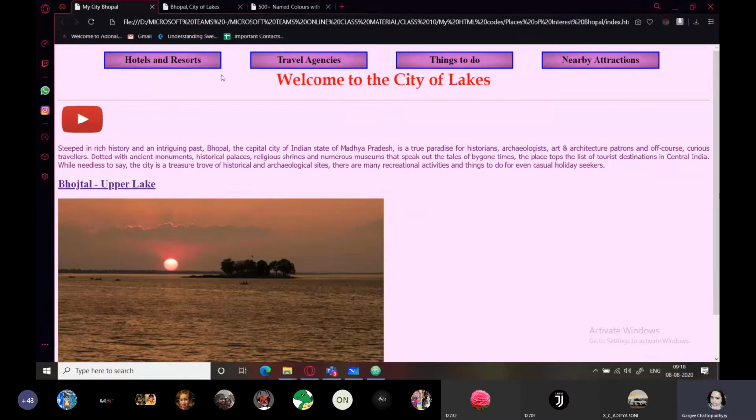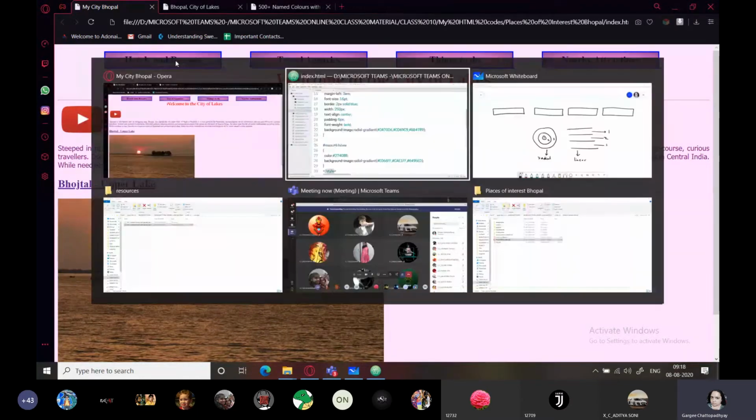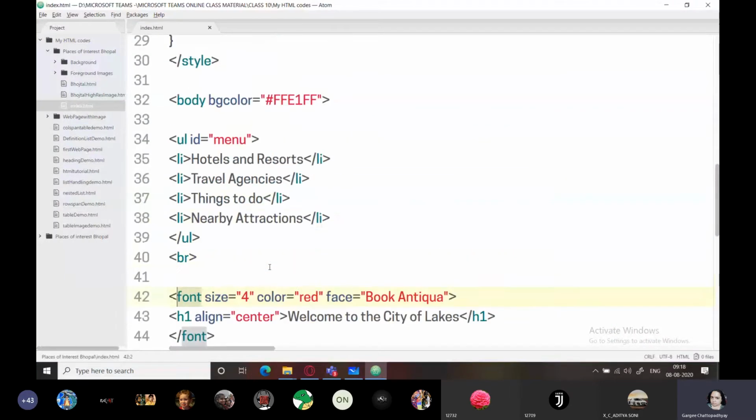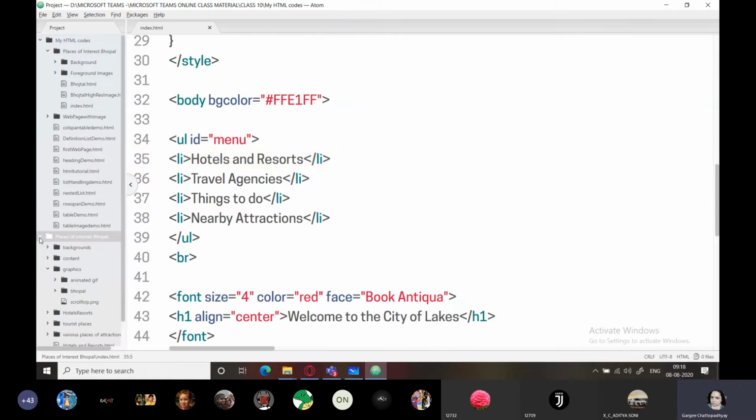Now what I need to do is create hyperlinks on this. For that I will go back to the menu which I had created over here. The first one, hotels and resorts, is already there. I will copy that web page from here. Or did I create it? No, I had this Bhojtal.